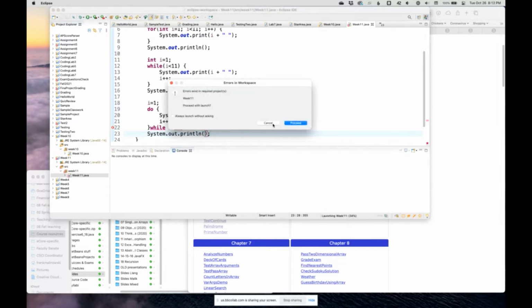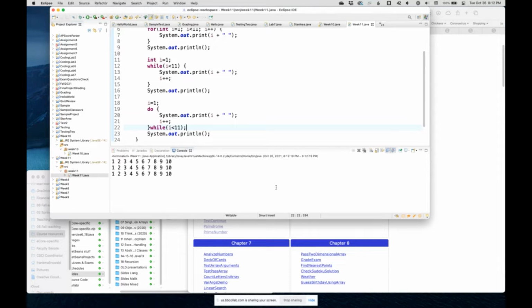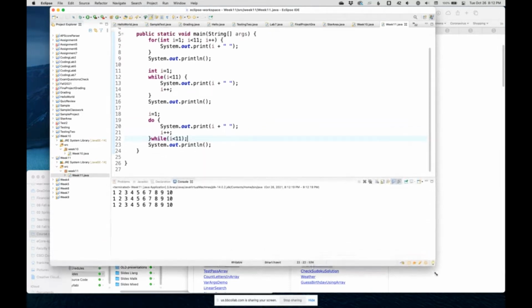Oh, wait, what? Error exists. Oh, what's my error? Oh, sorry. Well, I need to have this. Oh, sorry. So there we go. Now let me make this a little bit bigger so we can see